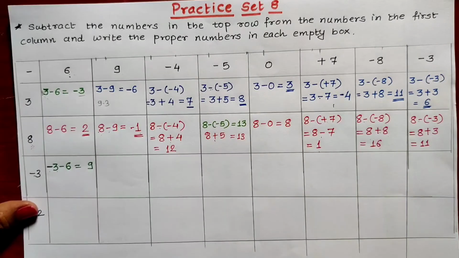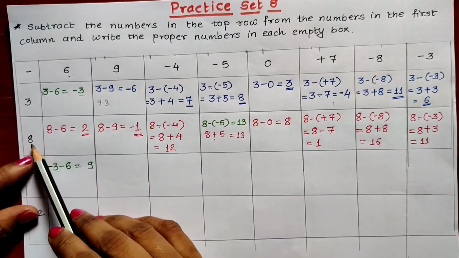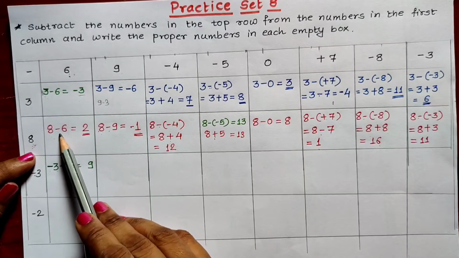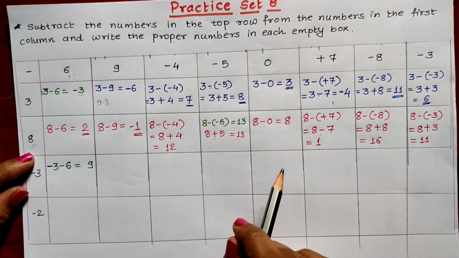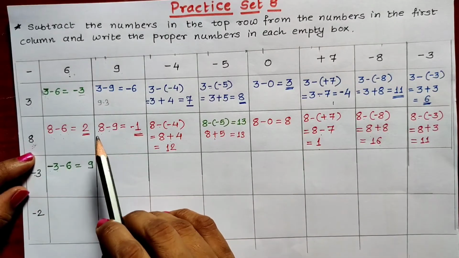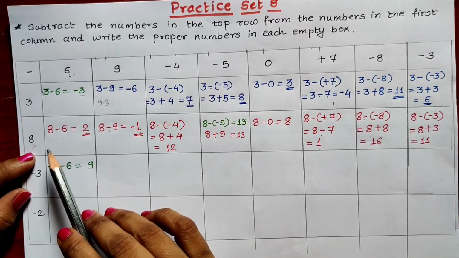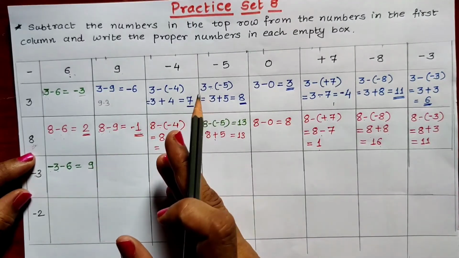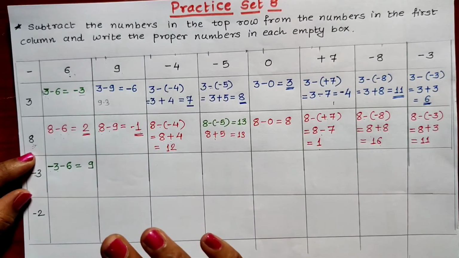As you all can see, I have solved this second row according to the first one. See, 8 minus 6. 8 has a plus sign, 6 has a minus sign, different signs. Different signs means we have to subtract the smaller number from the bigger one and give the sign of the bigger number. Otherwise you can remember it very simply that these types of sums you all have been solving from first standard. 8 minus 6 is plus 2. You all know that the sign of the bigger number should be given, but that you did not know in your first and second standard.